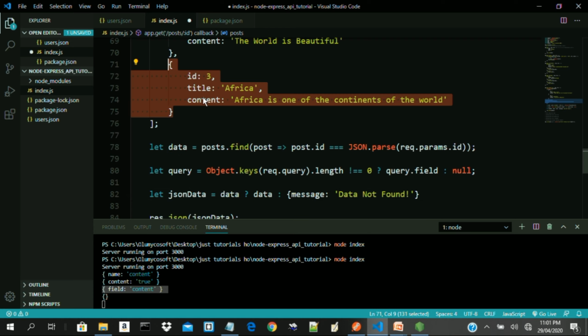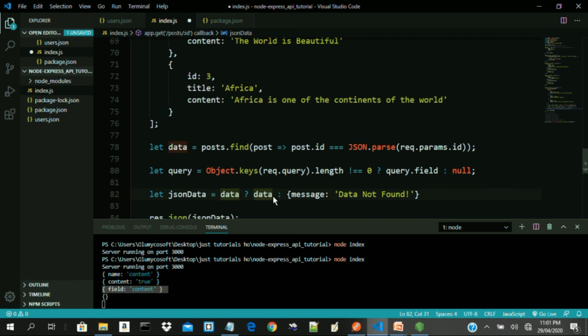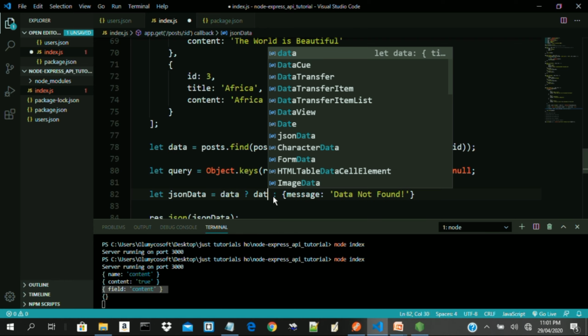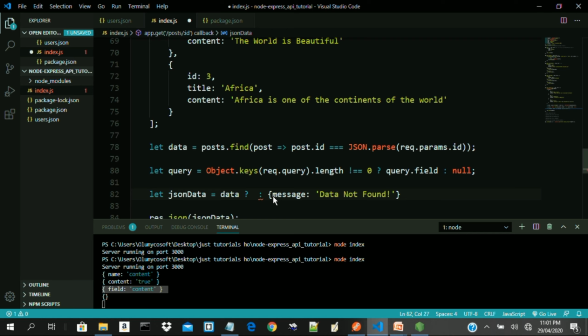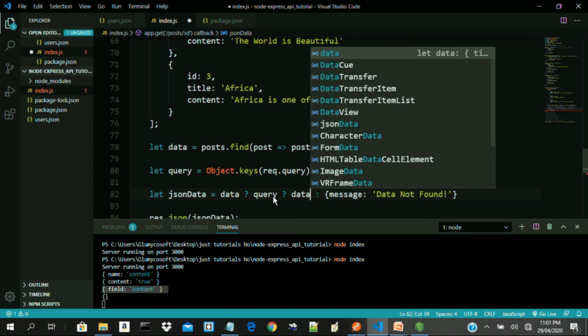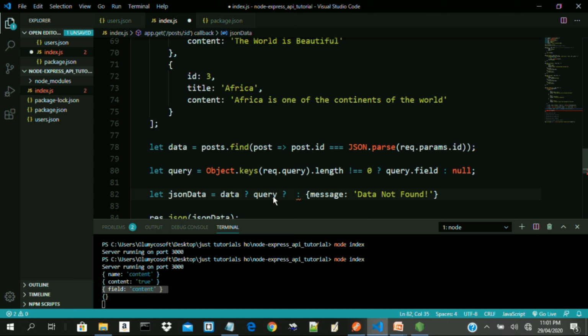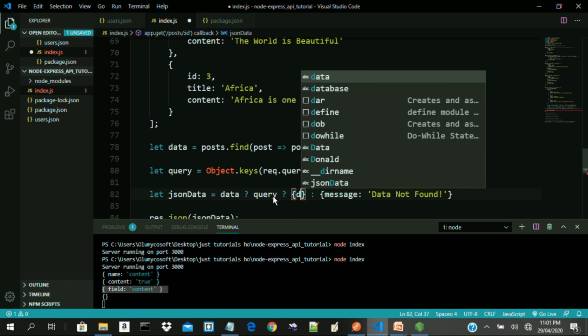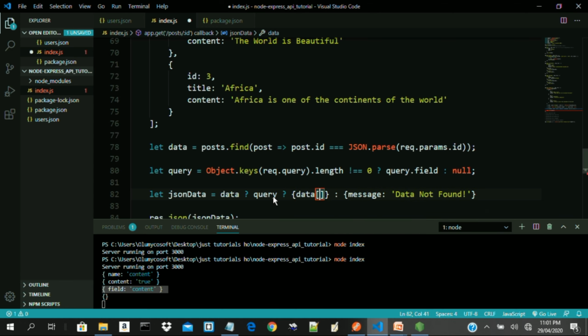We can easily say, okay, so we are returning, now let's say if query exists, then we have what we call data. Okay, so let me put it in brackets. So it will be data, because we are creating a field for it, so it will be data,